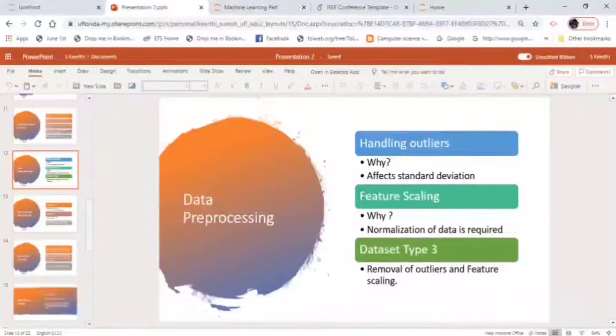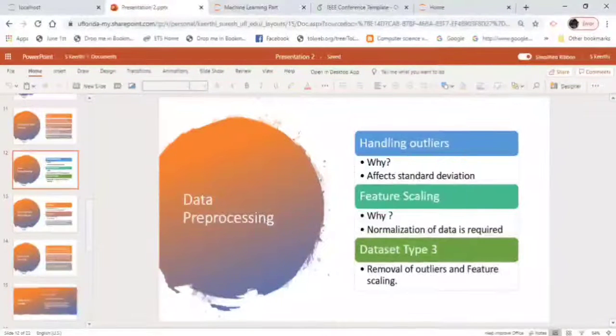So what is feature scaling, and why do we have to do it? Feature scaling is a machine learning technique used to normalize the range of features of the data. There are many types of feature scaling, and I have used min-max normalization, in other words also called the min-max scaling formula.